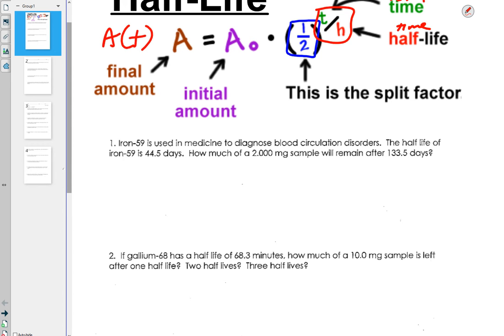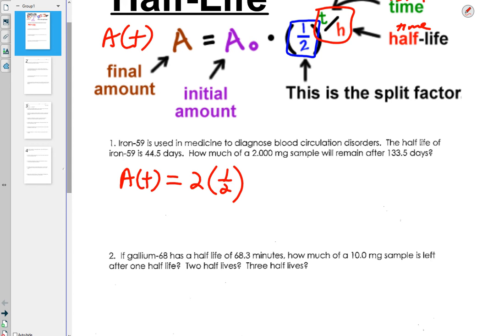You can call the function whatever you want, like on yesterday's quiz when you were asking me this question. I don't care what letters you use. Let's just say that the amount after some time is equal to, what's the initial amount? Do you have to put all those .000s? No. So just say 2 is the original, times always 1/2 to the power of,